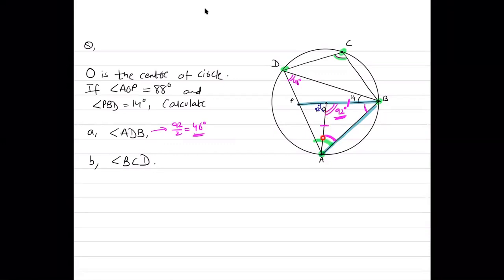हाँ, ये आइसोसेलेस ट्रायंगल बन रहा है ना, क्योंकि OB भी रेडियस है, OA भी रेडियस है। तो फिर इन दोनों एंगल्स की वैल्यू क्या होगी? अगर ये OAB है तो ये भी वही एंगल है, तो ट्वाइस ऑफ OAB प्लस 92 इक्वल्स टू 180। सो आप मुझे OAB की वैल्यू बताओ कितनी आ रही है? 44 डिग्री। ठीक है, अब 44 डिग्री अगर ये आ गई है आपके पास, तो ये भी 44 है, ये भी 44 है।